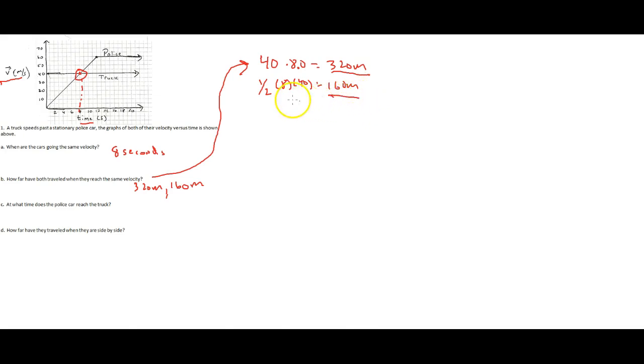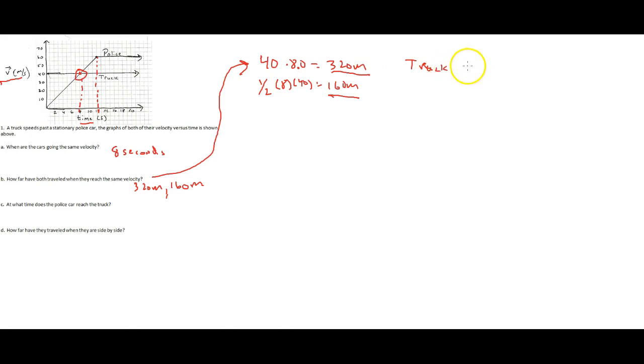The answer to that question is you've got to start guessing and checking. The first place of interest is if you look at 12 seconds, the triangle stops there. So that's a good place to check, because either I want to check to the left or to the right of that point. If the police car's got more distance, it's caught the truck; if it's got less distance, it hasn't caught the truck yet. I'm going to check out at 12 seconds. At 12 seconds, the truck would have gone